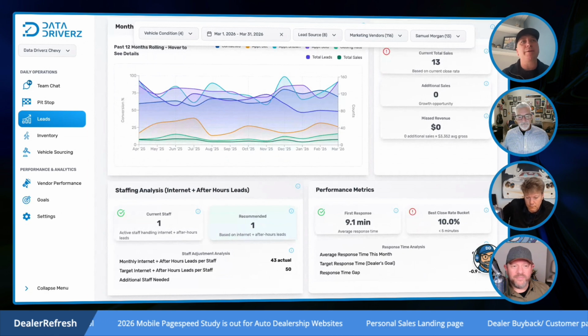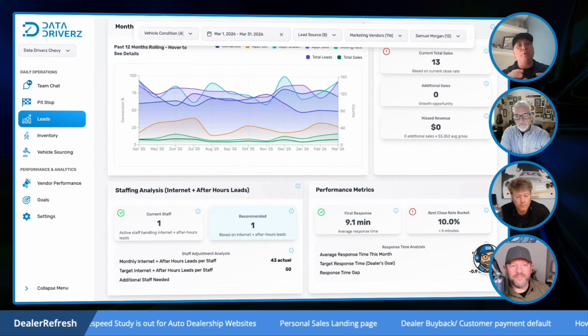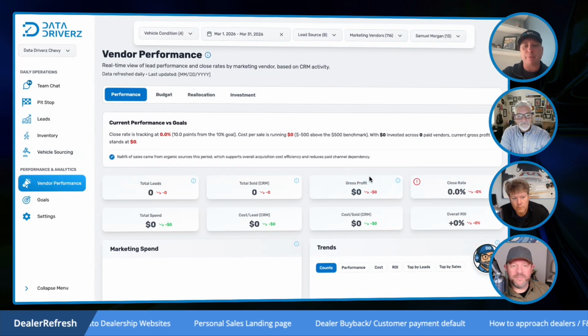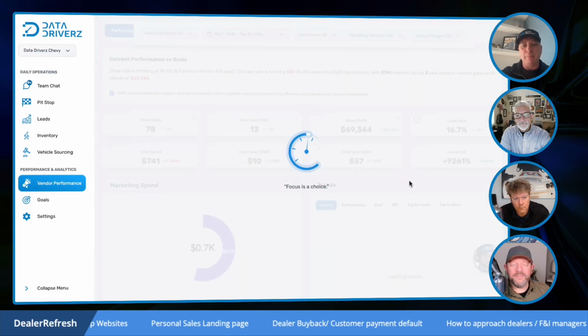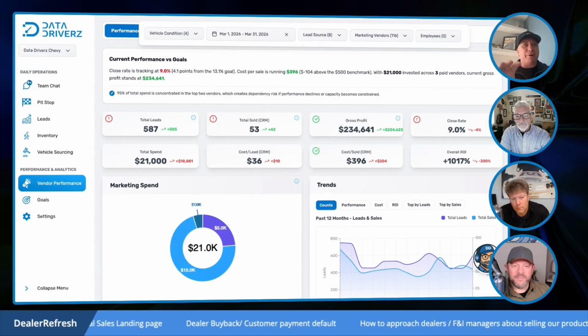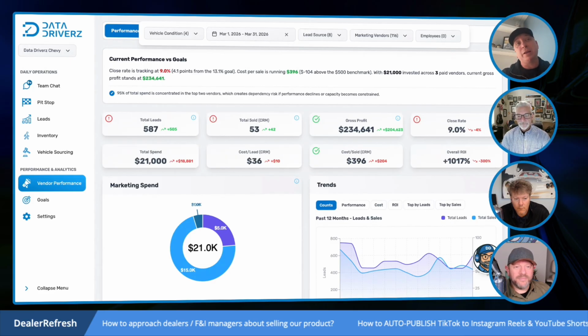Right now we're really plumbed into IP attribution, so really looking at where that lead came from. Here, I'm going to switch to vendor performance since we're talking about it. We know there are all these different cookie traps and mouse traps on all these websites. What caused the customer to click and give them that real deal? If I spent $1, and we've had many of these conversations, Alex, what am I getting in return, what does that look like, and how long should I expect that to take?